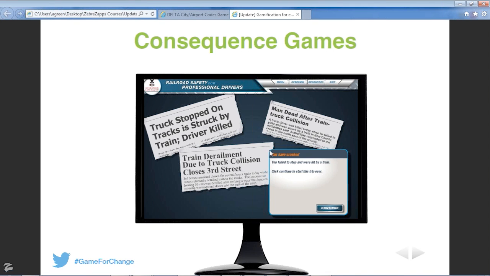Now, an example that I do want to show to you is the consequence game that we built for the Operation Lifesaver group. Operation Lifesaver is a nonprofit organization that's really focused on keeping people safe around railroad crossings. And this course was specifically designed for folks that had their commercial driver's license. So these are folks that drive big rig trucks, they might drive box trucks in the city, but basically what the Operation Lifesaver group had asked us to do was to create a course that allowed for the drivers to